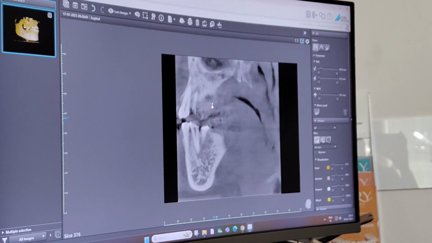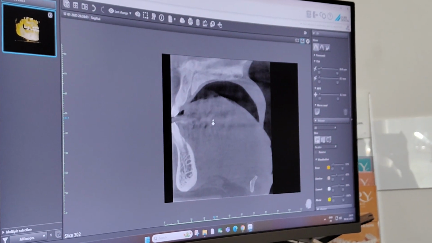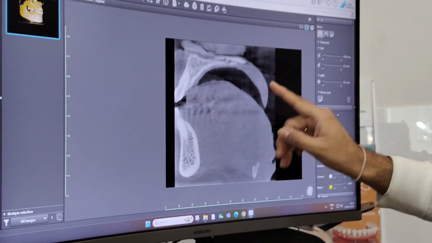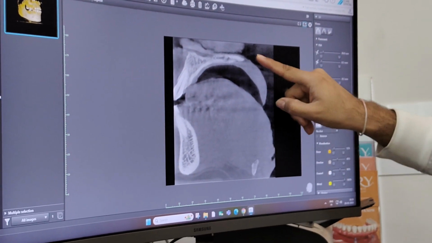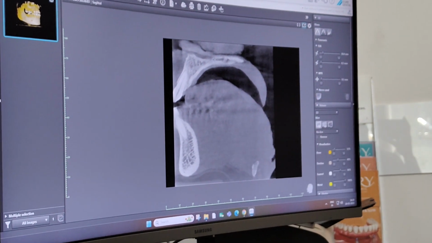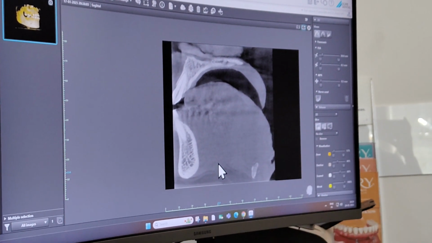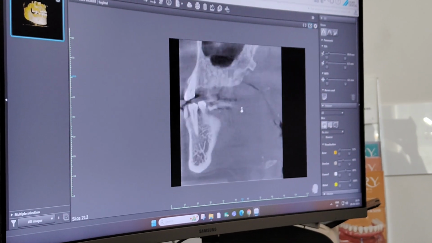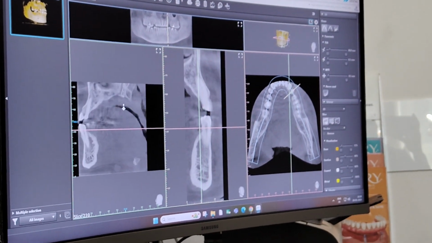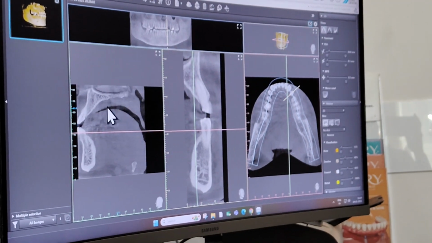And if you look closely and if we change the densities, we'll also be able to see the tongue position, and we are also able to understand the nasopharynx. This is the soft palate. And this is the hyoid. Okay. So for the anterior region, if we want to plan the implant, we will plan it in the sagittal